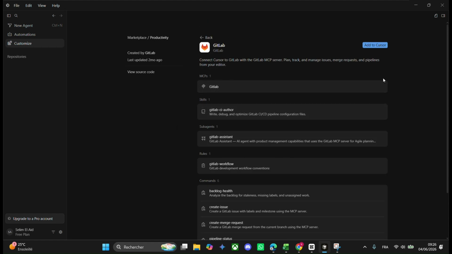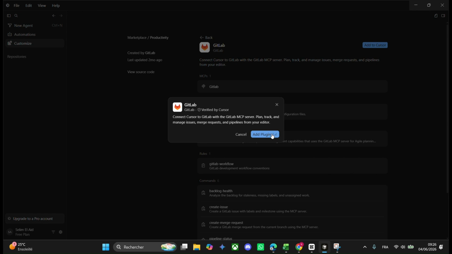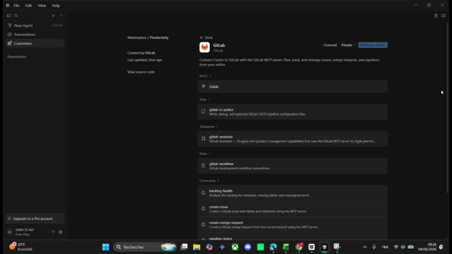So let's click on Add to Cursor and click on Add Plugin. Wait for Cursor here to add the GitLab plugin, and the setup is being finished here. So this is pretty much it,